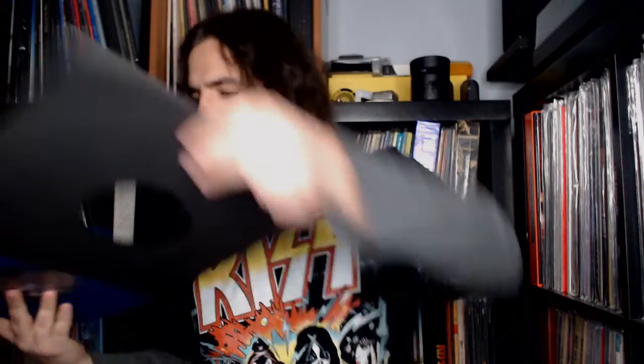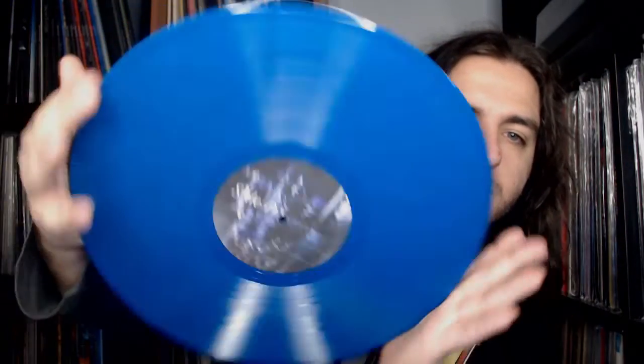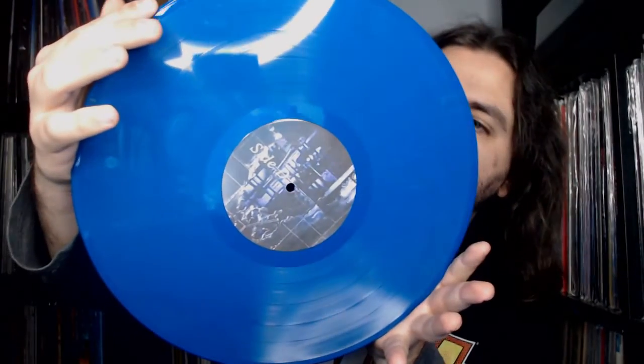And then moving on to the second LP. Here, basically the same deal across the board in terms of the labels and color of the vinyl. So that is for the club show, and now we get to the main arena show from the Brendan Byrne